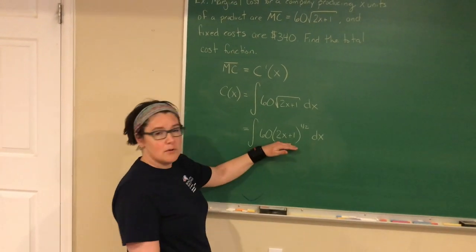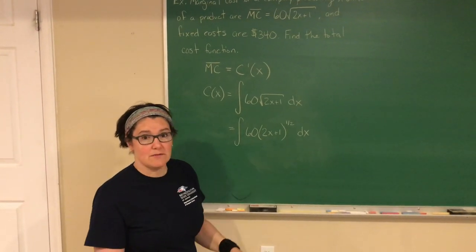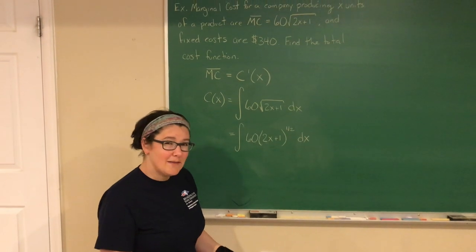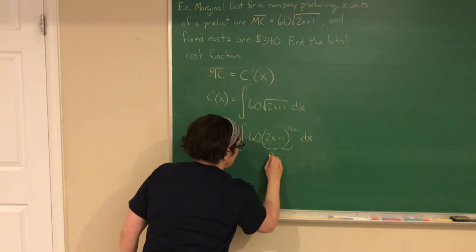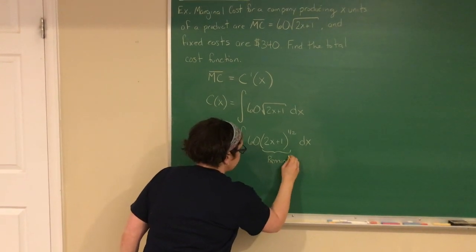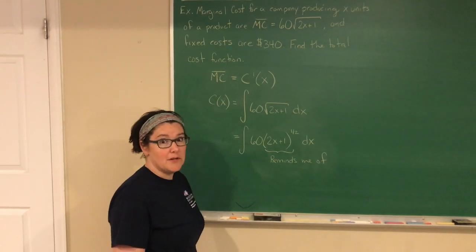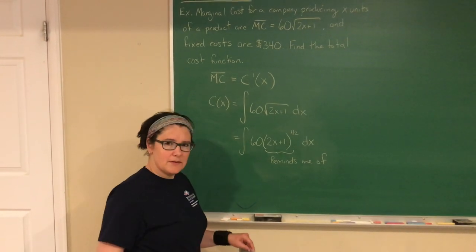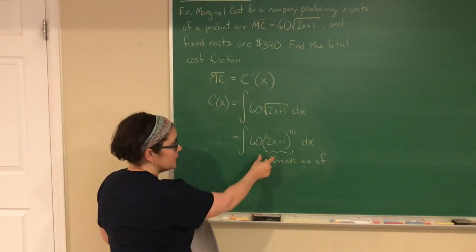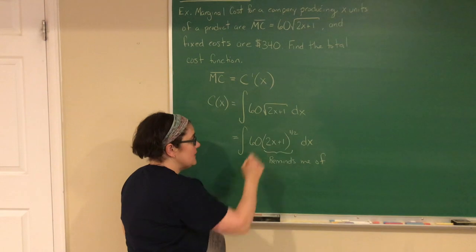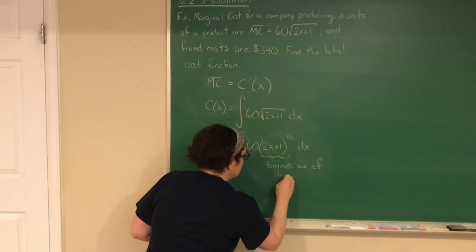Now here, what we have is fancy stuff. This 2x plus 1 is being raised to a power. And this part of our function kind of reminds me of the chain rule, the one that says take the derivative of the outside, keeping the inside the same, times the derivative of the inside. In other words, when we have fancy stuff raised to a power, then I'm kind of thinking of our chain rule